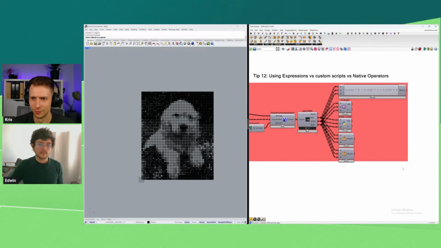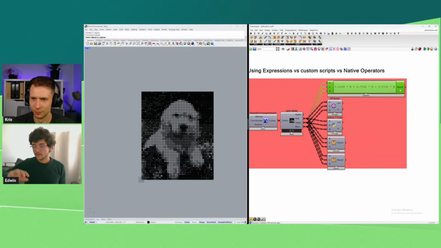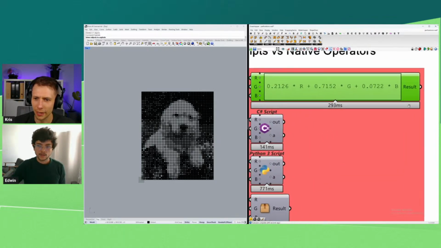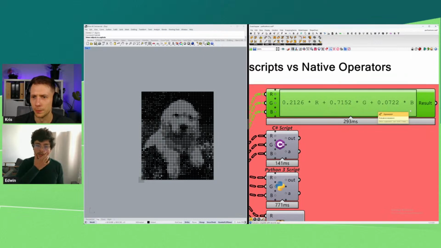So there are very, very different ways that you can do that. This is an operation that needs to be done so that you can create a sort of distortion map. Can you zoom a little bit more? Yeah, cool. Thanks. If you were to create a kind of normal map, but in 3D, then you can do an operation there. For example, here is just a multiplication by a factor of the R, a multiplication by a factor of the G, and a multiplication by a factor of the B, and then a sum of all of that.